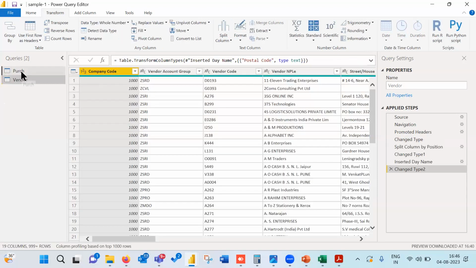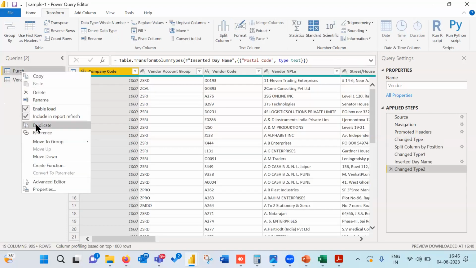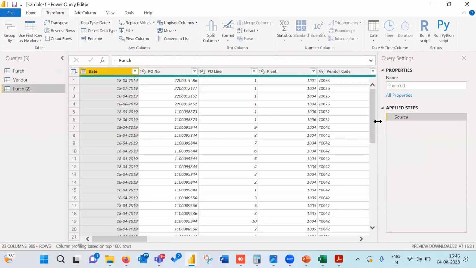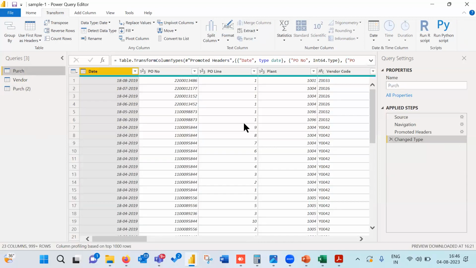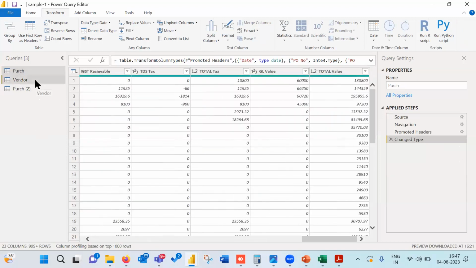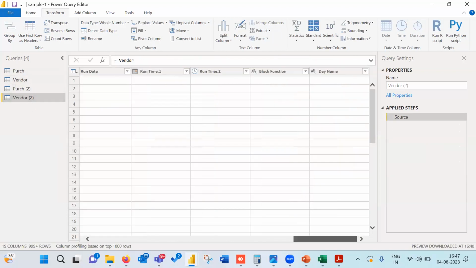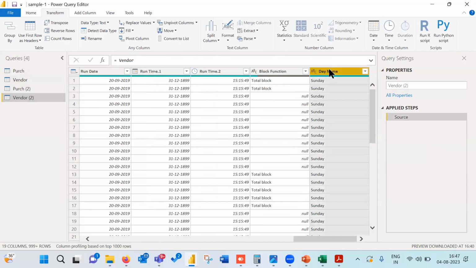Similarly, I have some options like reference and duplicate. Duplicate means it will create a copy of the sheet. Reference means from whichever step you have completed, it will take a new sheet and reference to this sheet. So now the source is actually the purchase file. So this will have the view till what we have done there. So let's reference purchase vendor data. So in vendor data, the name will come, till whatever step is already done in the original file, till there it will come.